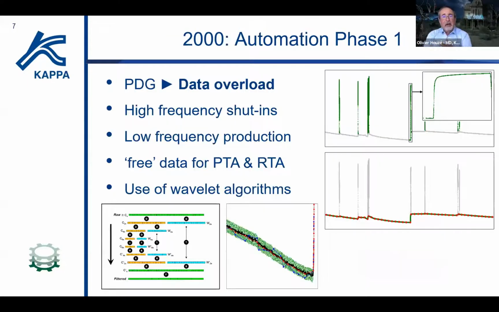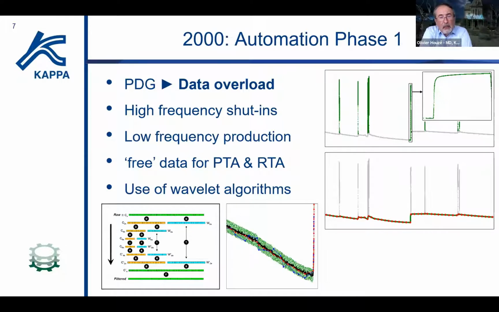So first, 20 years ago was the initial release and deployment of permanent gauges in the Gulf of Mexico, and then it quickly spread worldwide. This was the first time we faced, as reservoir and production engineers, the notion of data overload. This data was great because, first of all, there was no need of a specific operation. The data was there, so it was just a matter of taking the effort of